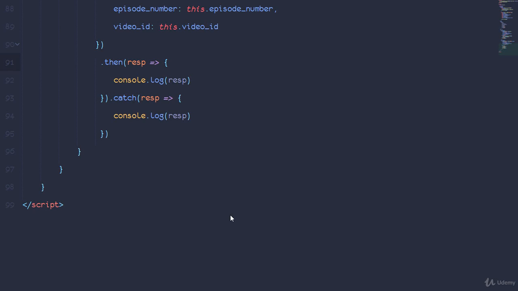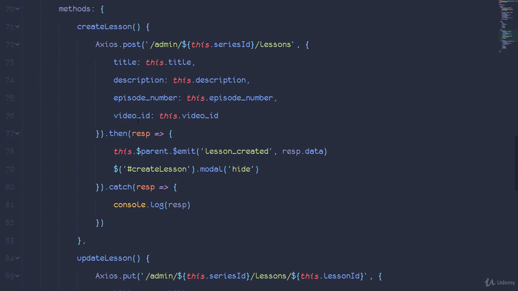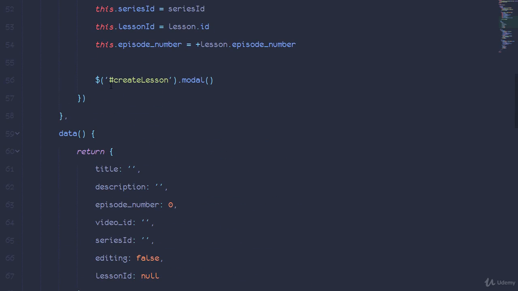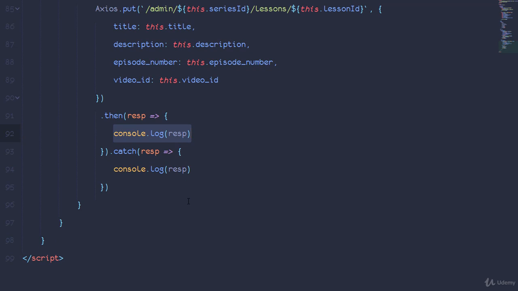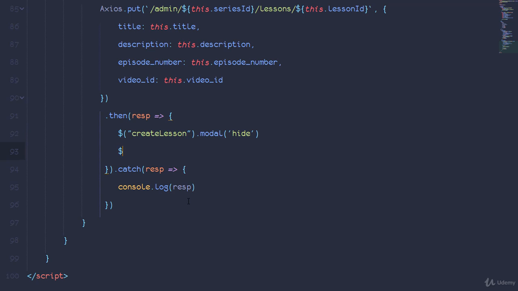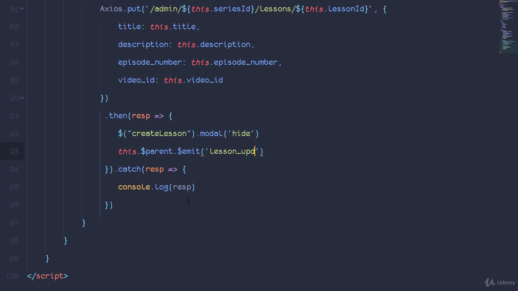I want to automatically update the DOM as soon as we receive a response from our server. Therefore, what we're going to be doing is emitting an event to the parent, just like we did when we were creating the lesson, and our parent is going to automatically take care of the rest. So before we do that, let's close this modal and emit that event. The name of this event is going to be lesson updated, and the payload that we're going to be sending to our parent is going to be